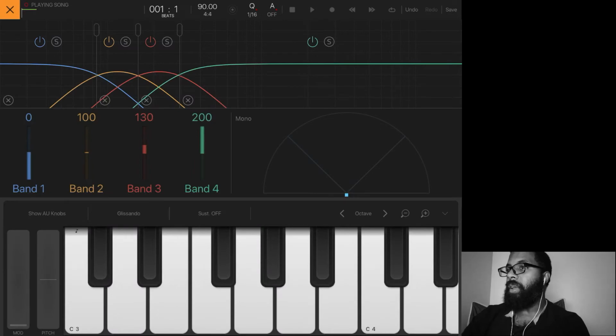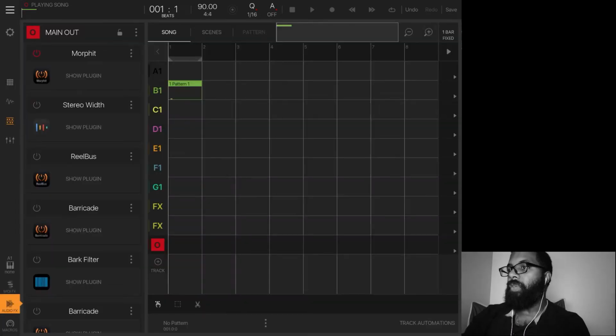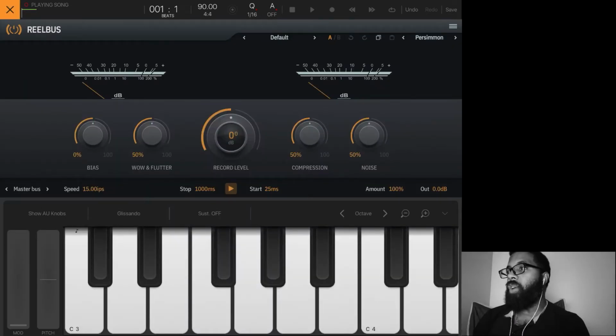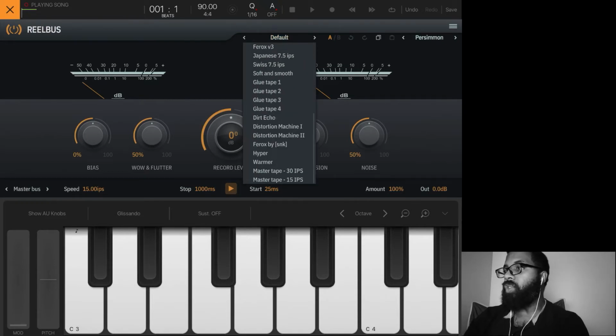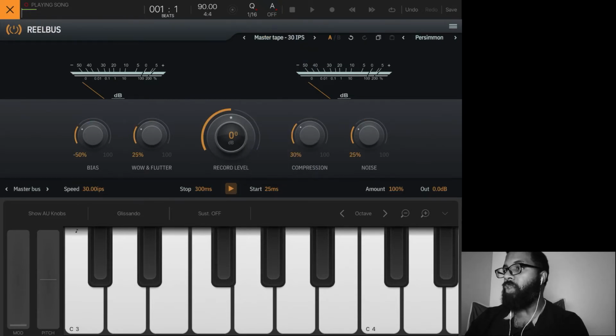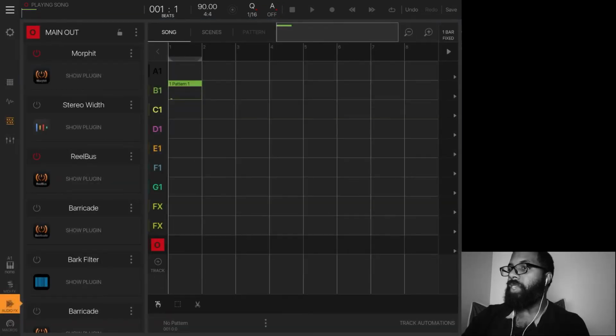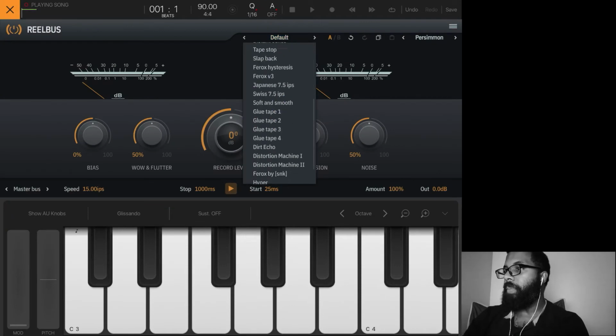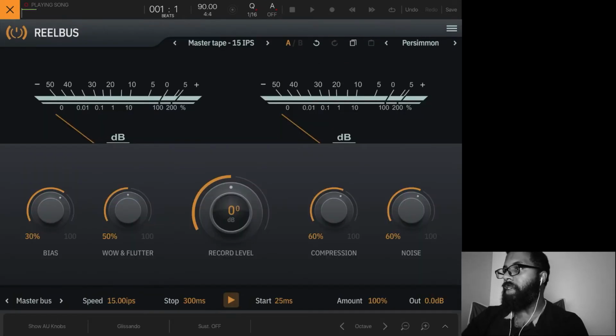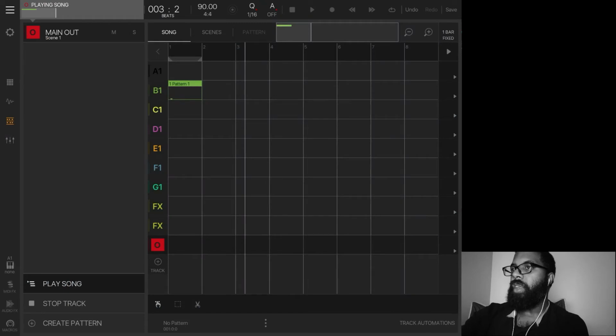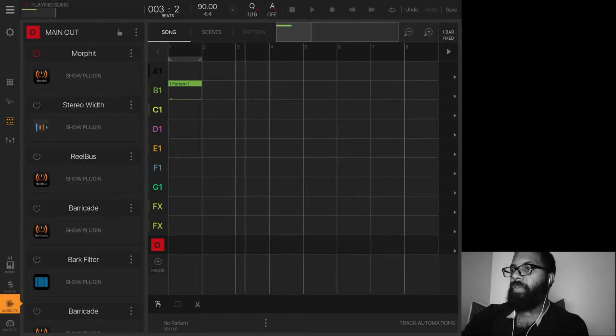Let's set that, actually we'll turn that off for now. Then from that, I go into Reelbus, and I usually go to one of these master tape presets, 30 or 15, depending on the sound I'm going for. So I'll play the differences. So this is currently at master tape 15. And then if we turn that off,